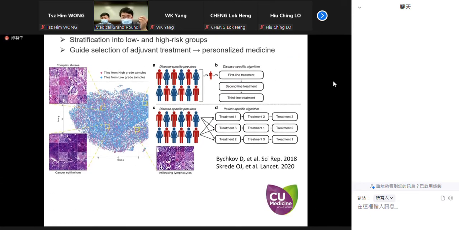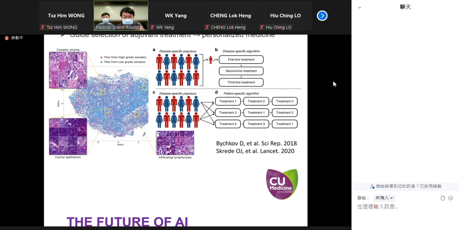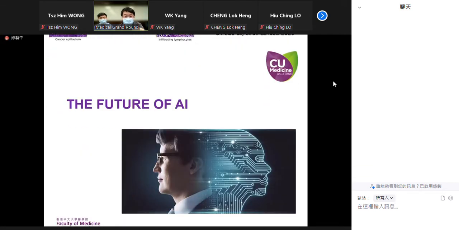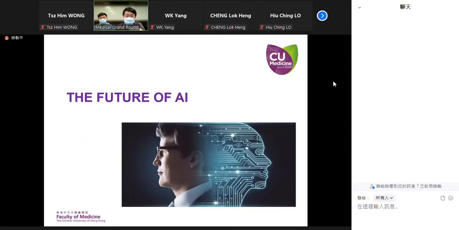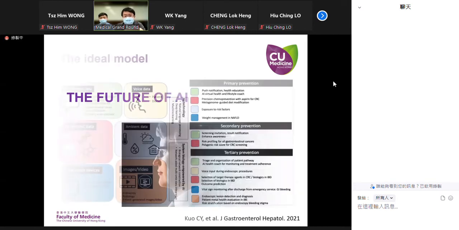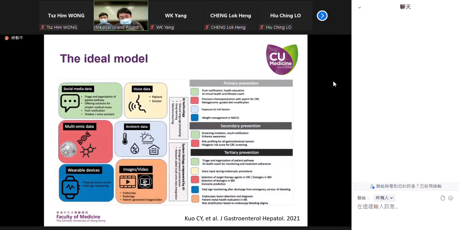So, talking about the present tense, what should be the future of AI with the rapidly developing technology? So this is the proposed ideal model. So we are